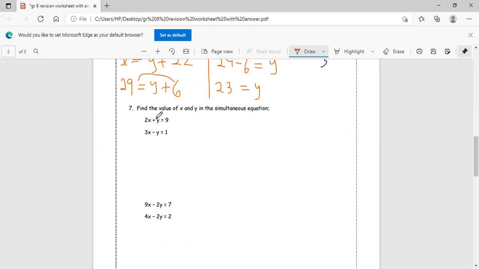So because I have y in these two equations, you will see that the coefficient, that is the number before x, is not the same for the two of them. But for y, it is the same because this is 1 and this is 1. Even though we don't write it, it means they are 1, 1. So I don't have to write it also. Now, because I have different signs here, plus and minus, I'm going to add them together. If they are the same, I will subtract. Because they are different,